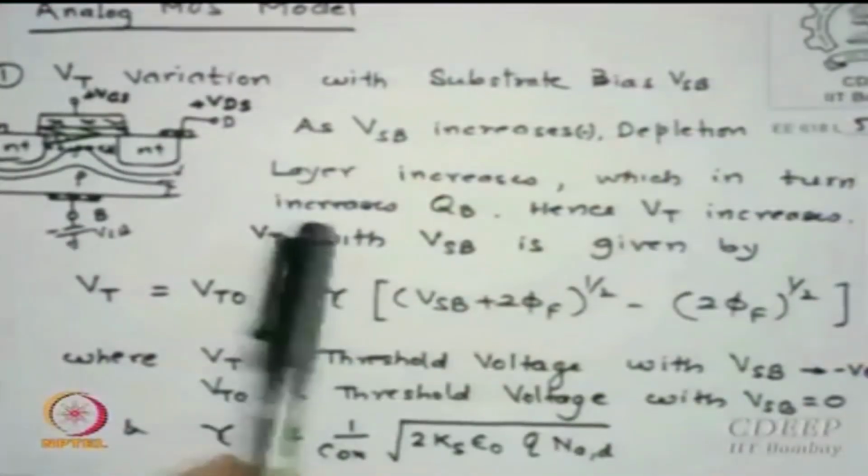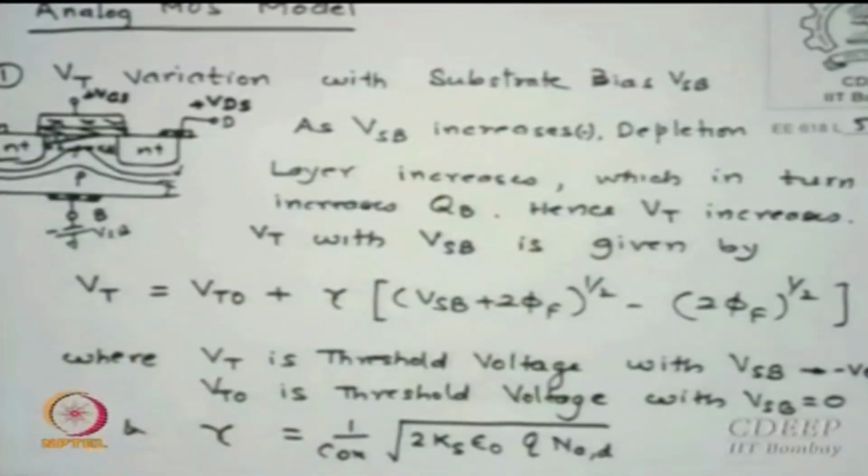Capacitance is epsilon s by xd. So the larger the xd, the capacitance will come down. There is some issue which we will have to take care of in circuit design: if you have a VSB, the capacitance also is a function of VSB. Now, looking at that part later, since the bulk charges in the channel area